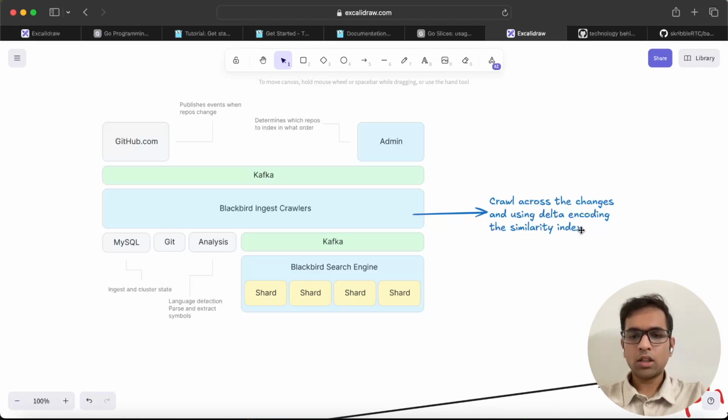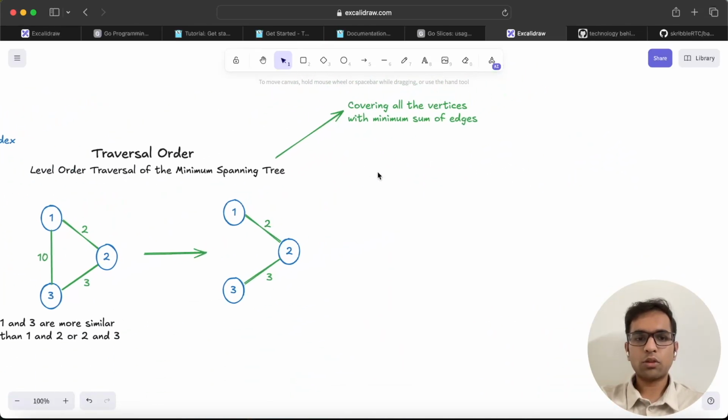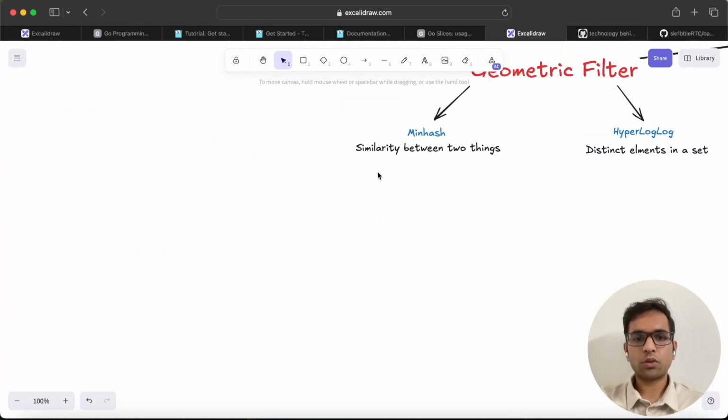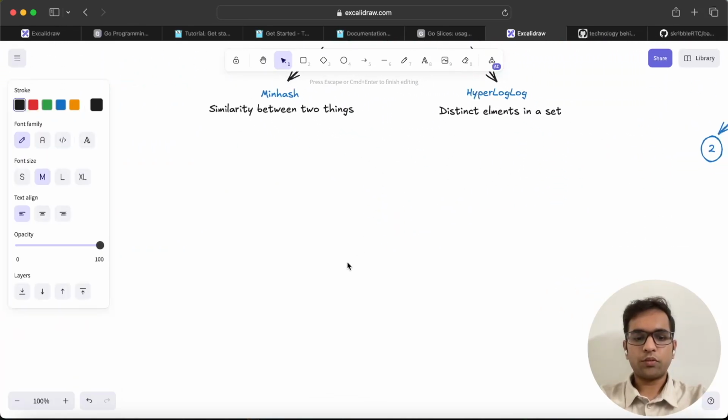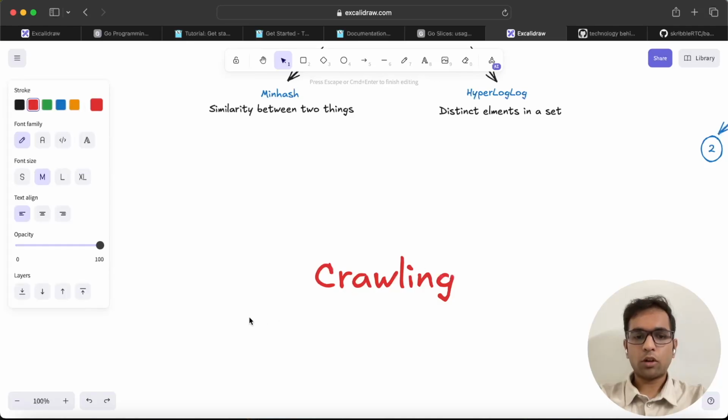Once all of it is crawled, according to the similarity index, we go to different repositories. Once we get into those repositories, what is done is crawling. So blobs that are unique to that repository are crawled. I mean, not all blobs are crawled, obviously, because a blob itself is unique. If a file is unique, then its blob has to be unique. So blobs unique to a repo